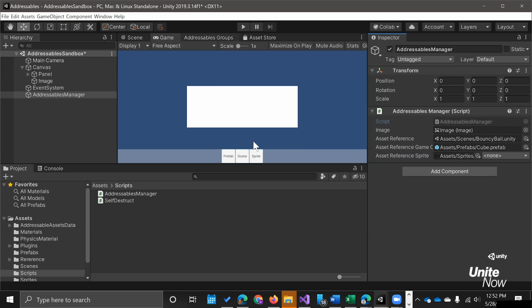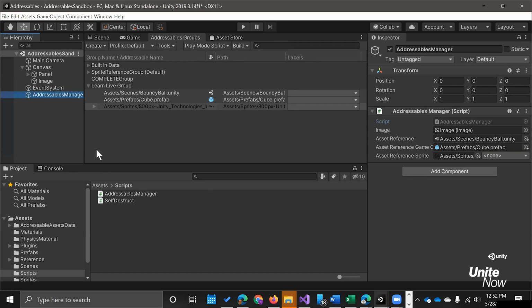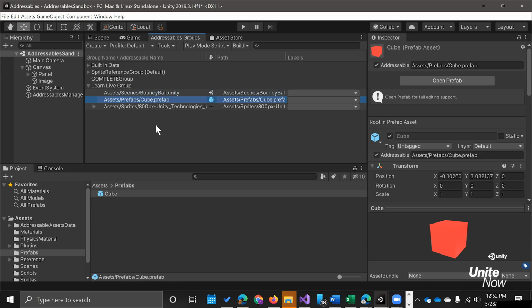Well, here's our addressable groups, right? So the three-step process is you create your group, you drag the assets that you want to be treated as addressable assets into that group. So in this case, having moved ahead, we're flash forwarding time. We dragged a Unity ball, which is a scene. We grabbed a cube, which is a prefab, and we dragged a sprite,